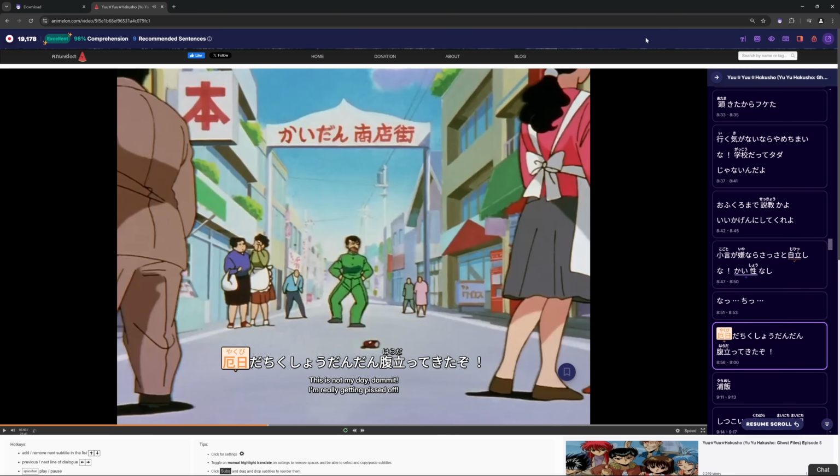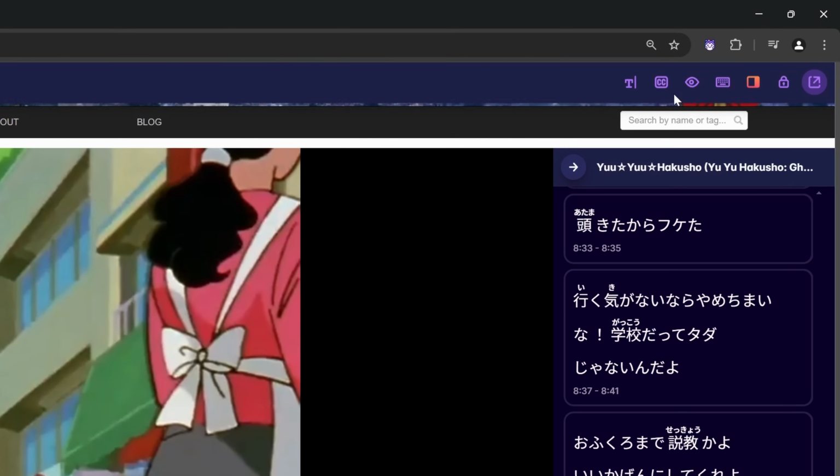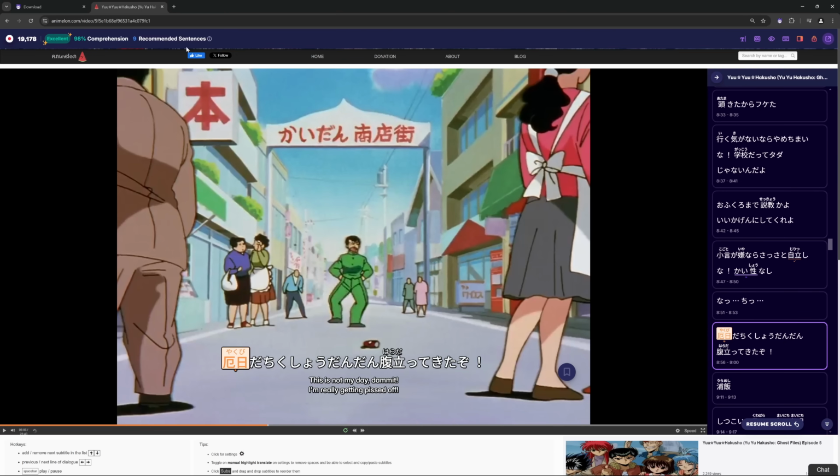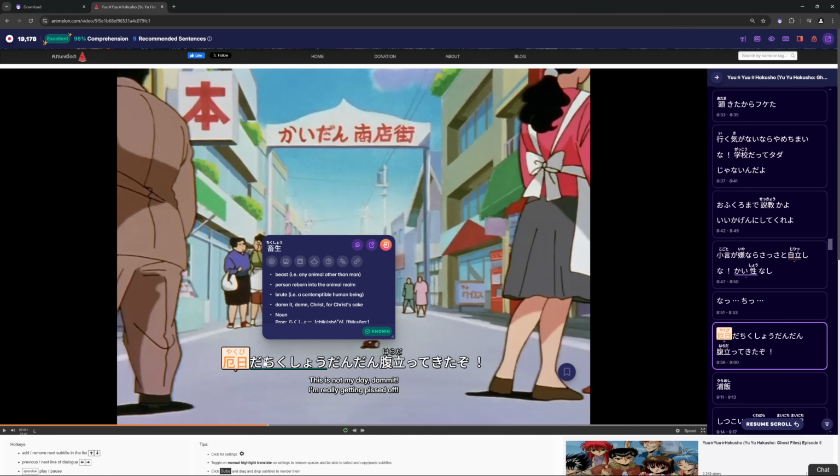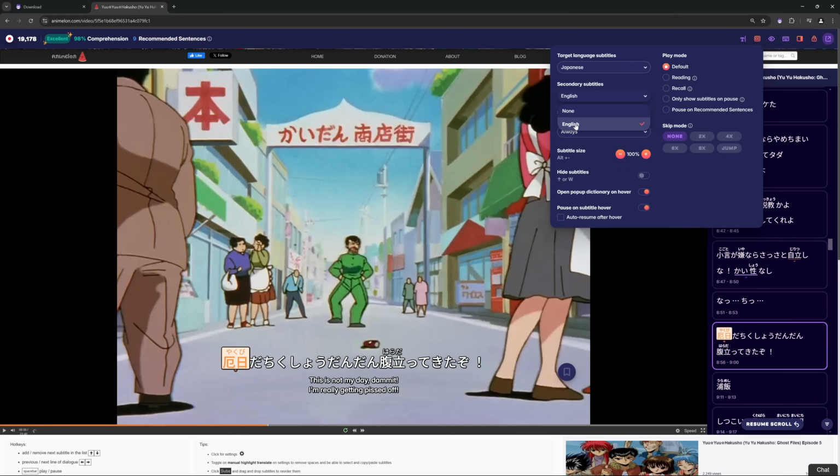So you can see this toolbar here. If you don't, then you just need to click on this thing, and I'm going to pin the toolbar here. And you have a bunch of information here, but I recommend opening up the video settings, and here you can find the main subtitles, which is going to be these ones here, and the secondary ones, which are going to